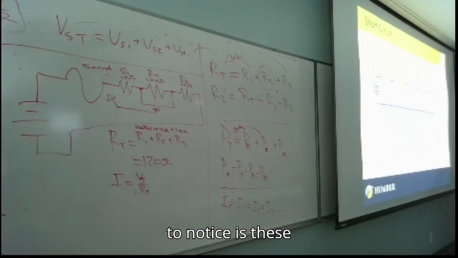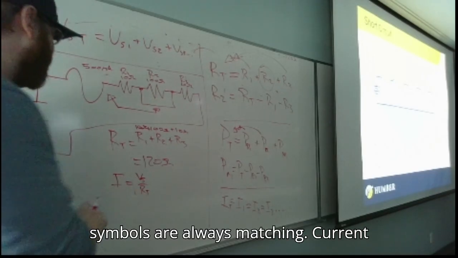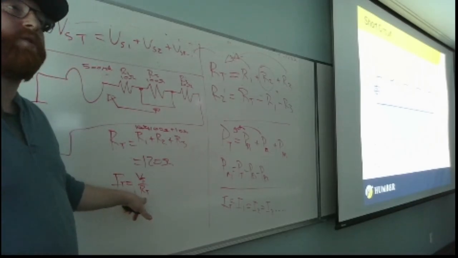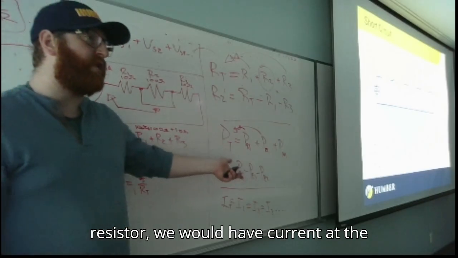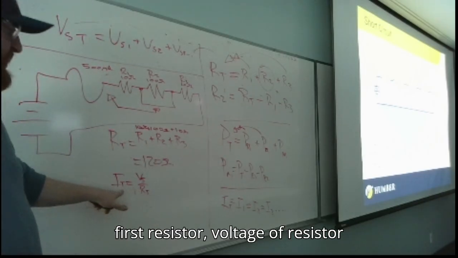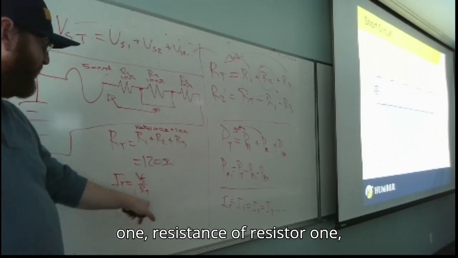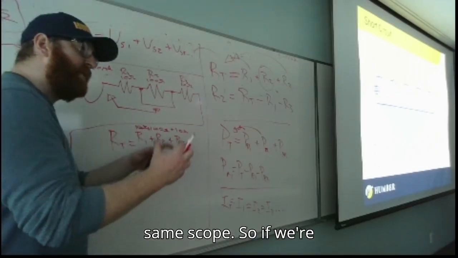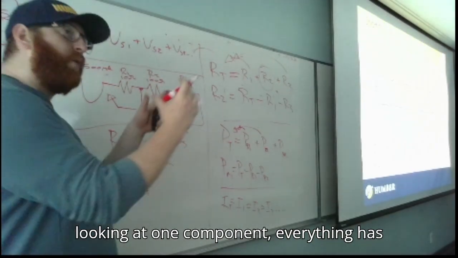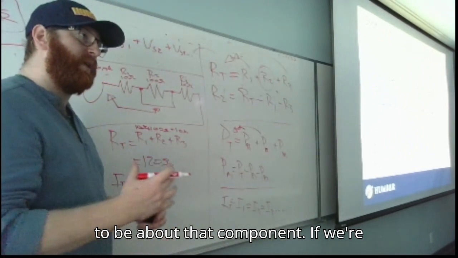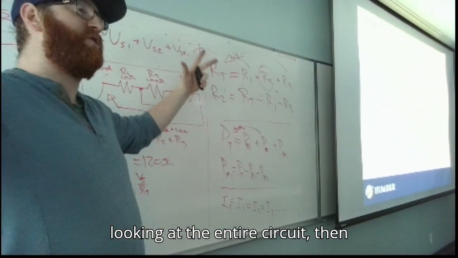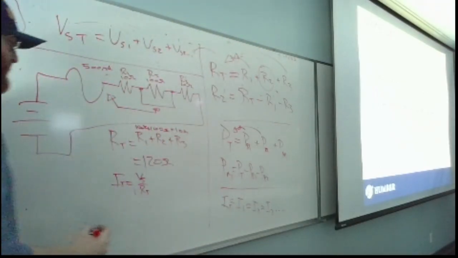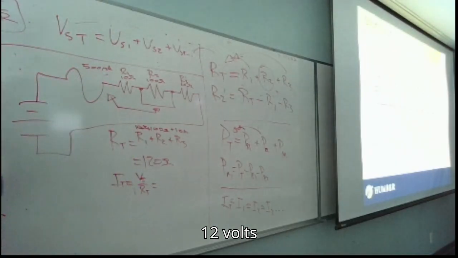So I is equal to voltage source over resistance total. And the thing to notice is these symbols are always matching. Current total, voltage source, resistance total. If we were talking about the first resistor, we would have current at the first resistor, voltage of resistor 1, resistance of resistor 1, right? They always have to be about the same scope. So if we're looking at one component, everything has to be about that component. If we're looking at the entire circuit, then everything that we're doing math with has to be about the entire circuit, right? So we have the voltage source, which we said is 12 volts